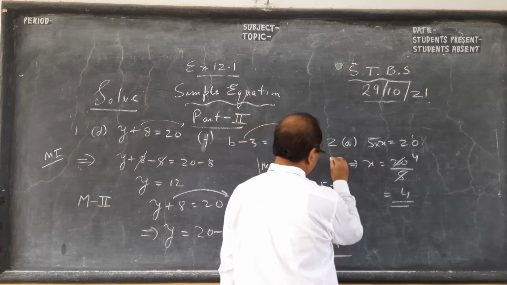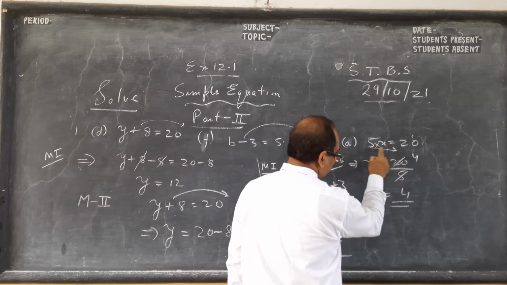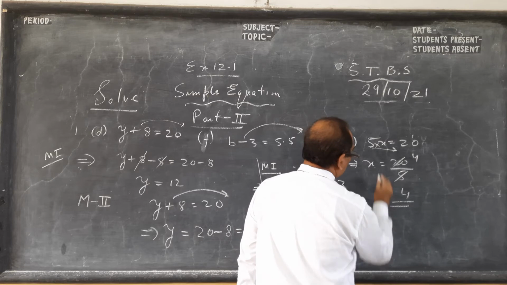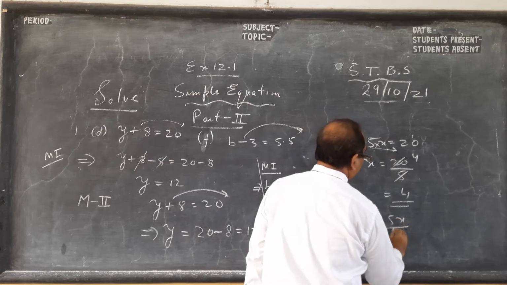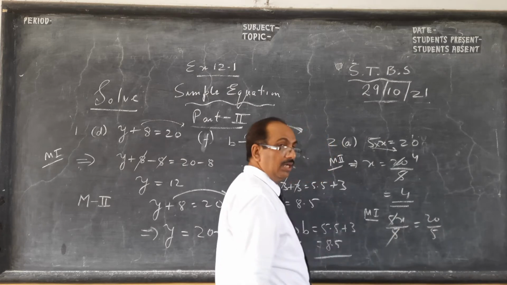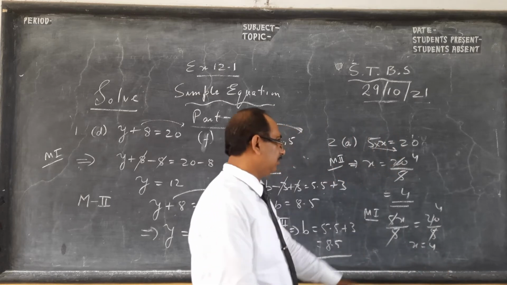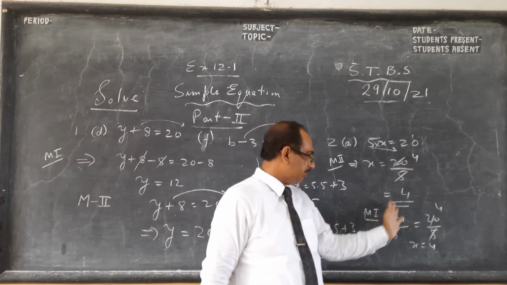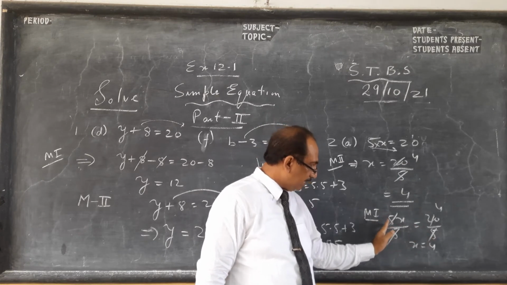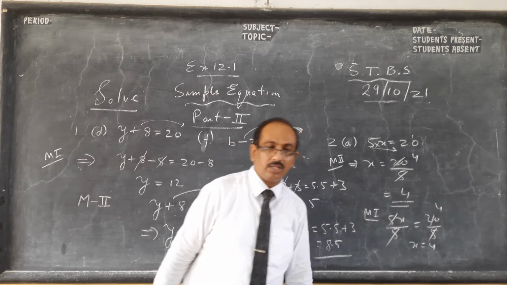So actually first I have done method 2. What have I done? Multiplication becomes division. Up goes down. Method 1: to remove this 5, I will divide both sides by 5, because this x should be left alone. So x is 4. Once more, this is your transposing method. 5 becomes division, and here we divide both sides by 5. This side it cancels, this side it remains. So we say multiplication has become division.